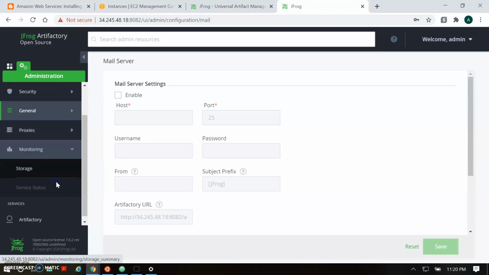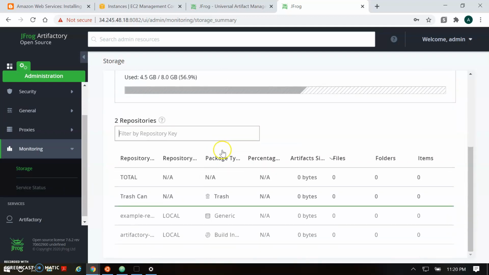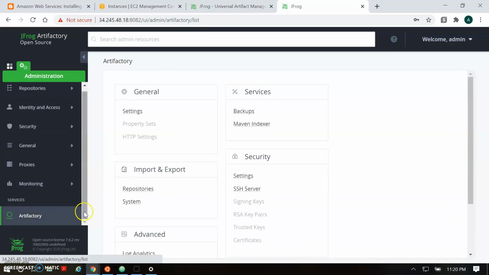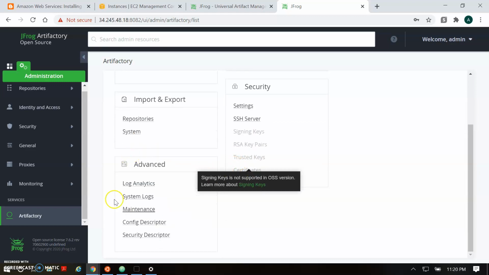Proxy configuration, monitor configuration. If you want to monitor the storage of your server, you can do that also. And at last, the Artifactory server you can manage. You can do the settings for Artifactory. You can take a server backup here. Maven indexer, this is a report, import and export for your repository and system configuration. And this is basically the generic configuration for your Artifactory server.